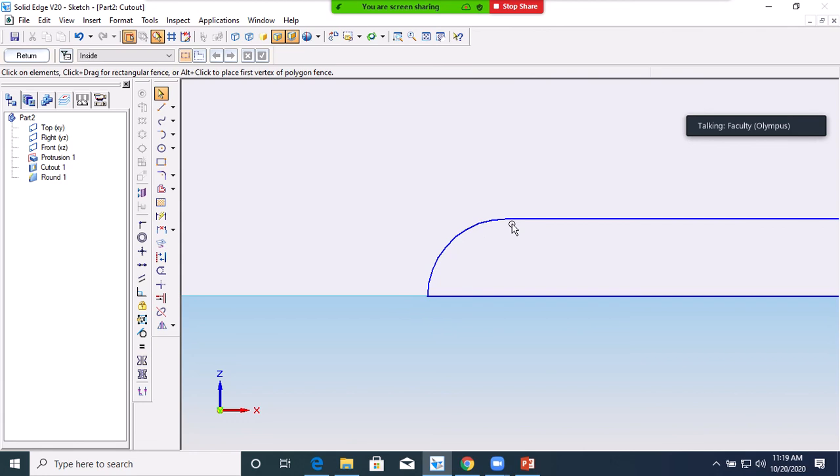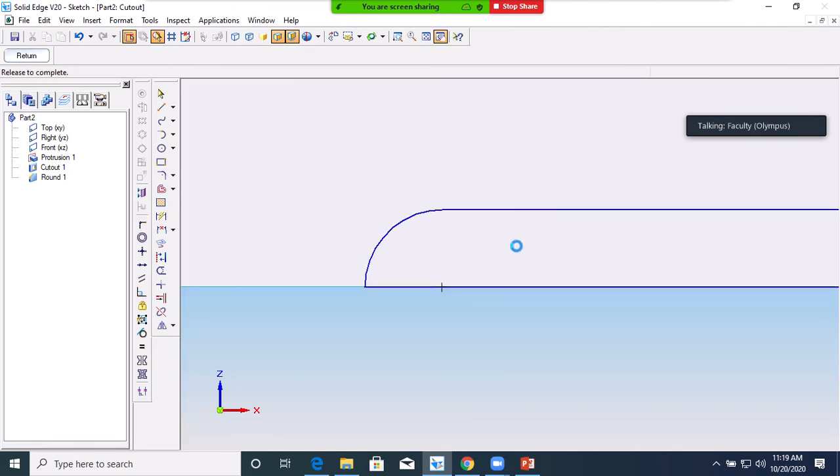As I told you, when a curve and a line are meeting, there is a chance of non-connectivity. So try to connect the end of the line to the end of the curve. Okay, see, it was not connected earlier. That's why the relation conflict window did not appear. Here also I will connect the end of the line to the end of the curve. Okay, so this you have to do.